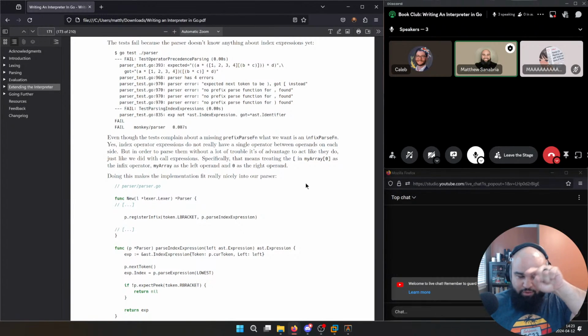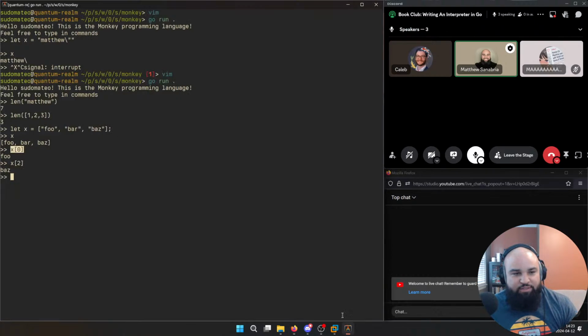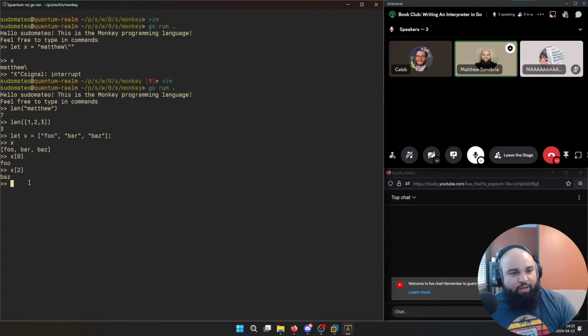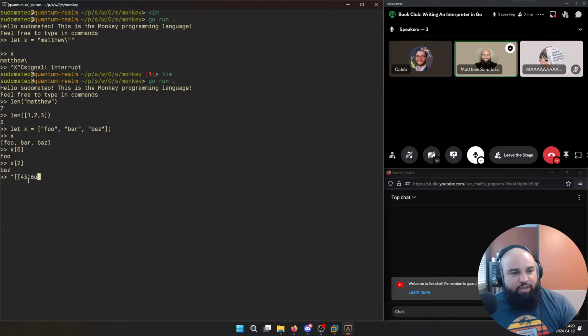So when we encounter the left bracket, we would do a prefix parse. He says we're not going to do that. We're actually going to do infix parsing, because we're going to treat the left bracket as separating two operands. Let me write it in code. Actually, this is fine. I'm going to probably zoom in for a sec.